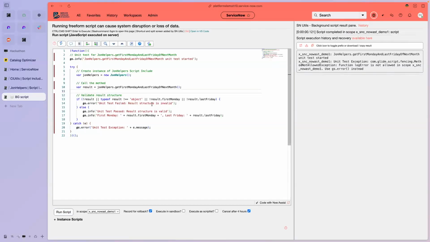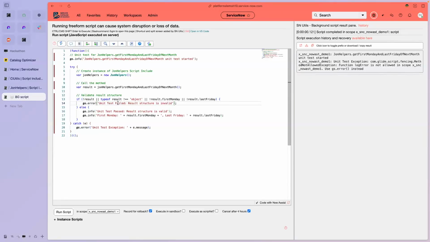Log error is not allowed in scope. So this is something interesting, and we're going to talk about this in a second too, but there are some shortcomings. Right now what we are using is, and we'll cover in a second how you can change it, you can use the Now Assist admin console to change the LLMs on a very granular level. But because it's built off of the corpus of knowledge that's out there, and by net volume a lot of that knowledge is older,